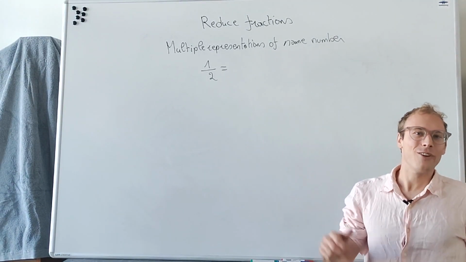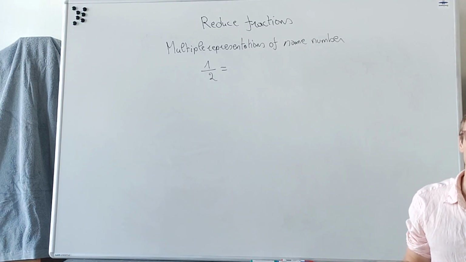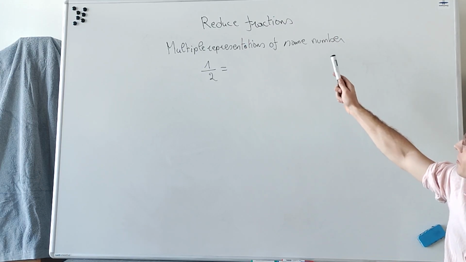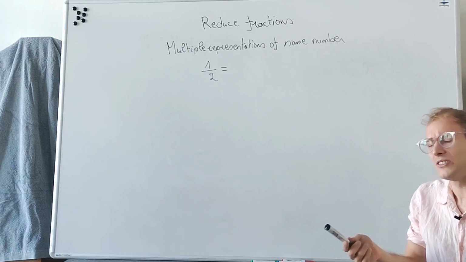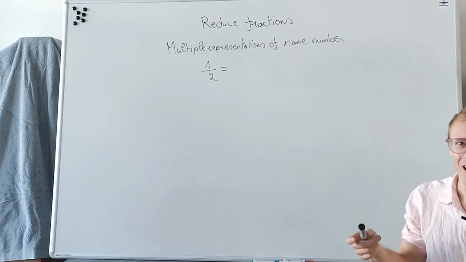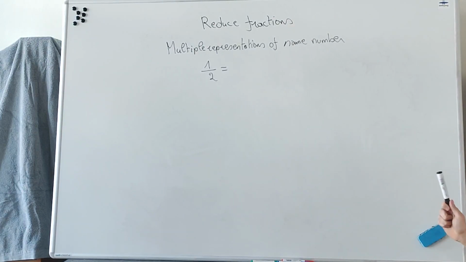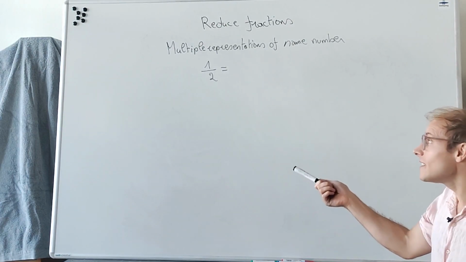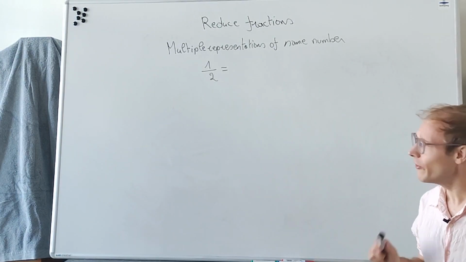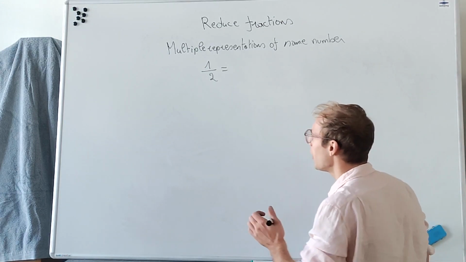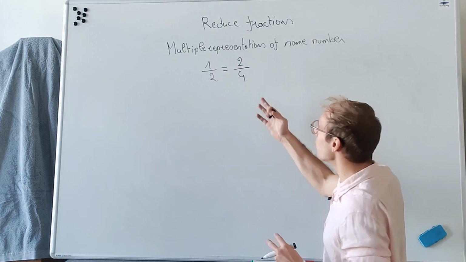Hi everyone, in this video we're going to use what we've learned about factorizing numbers to work with what we call reduced fractions. If you know what fractions are, this is basically just dividing a whole number, an integer, by another integer which is not zero. But there exist multiple representations of the same number. For example, 1 divided by 2 is the same as 2 divided by 4, which, remember,